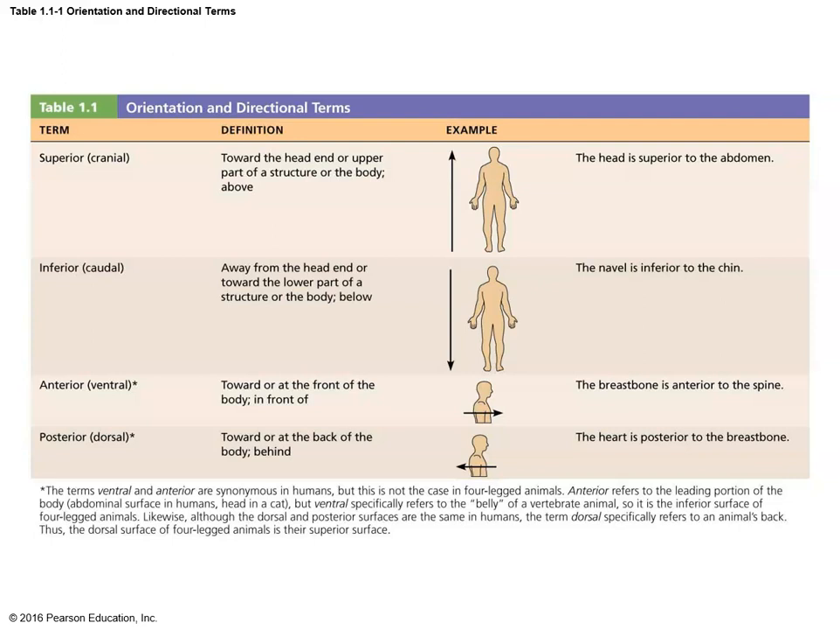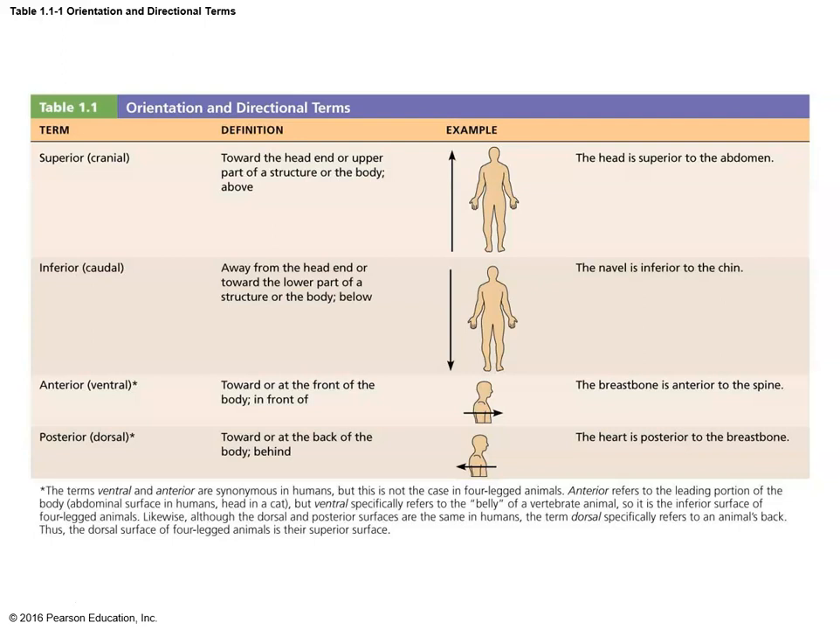Anterior and posterior talk about the front or the back. In this case, anterior could also be referred to as ventral, and posterior could also be referred to as dorsal. But do note the little star here in the description at the bottom. We're talking about humans. If you're talking about a four-legged animal, anterior and posterior, dorsal, ventral, they kind of change